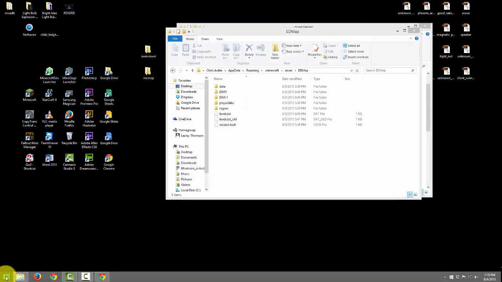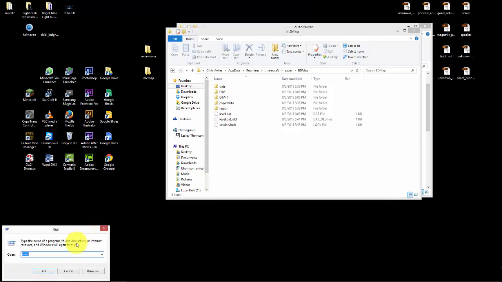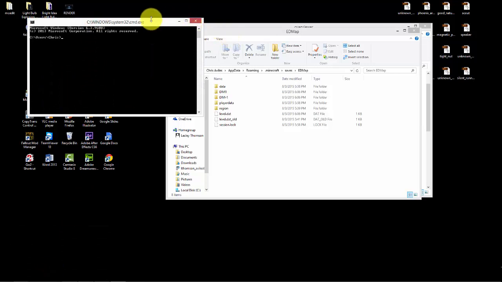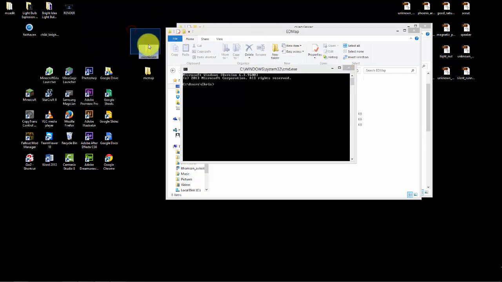I'm going to open up my command window again. So I go to Start Menu, Run, CMD. We'll open up the command window. I have to go into the Overviewer folder, which is here on my desktop. So that means I have to change directory, CD, desktop. I have to change directory and go into the Overviewer folder. And in the Overviewer folder, I am going to run Overviewer